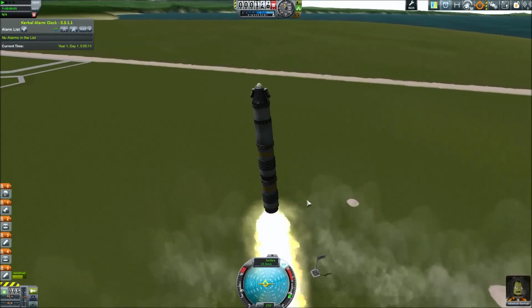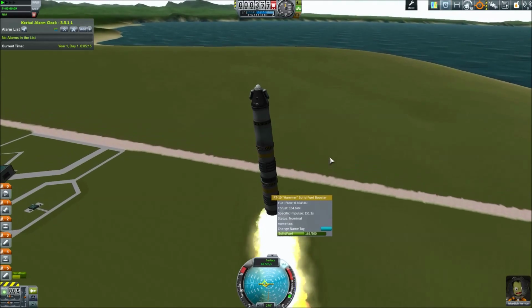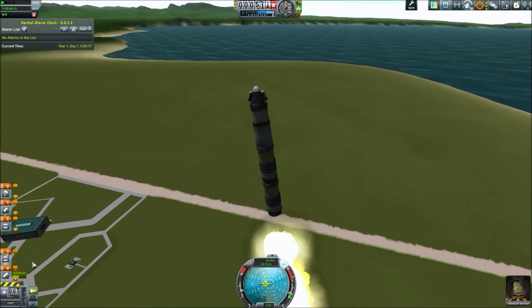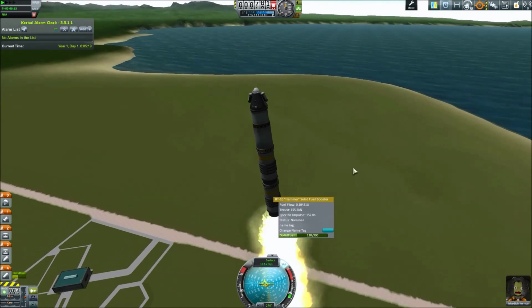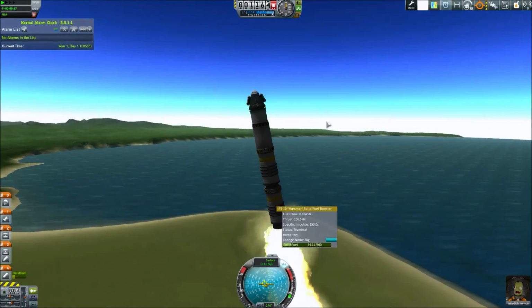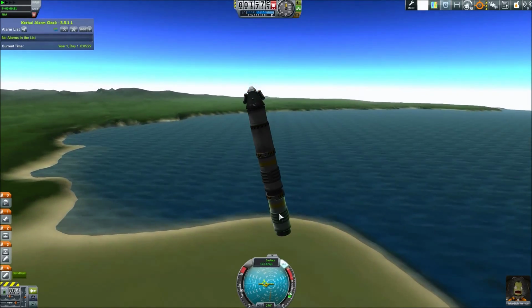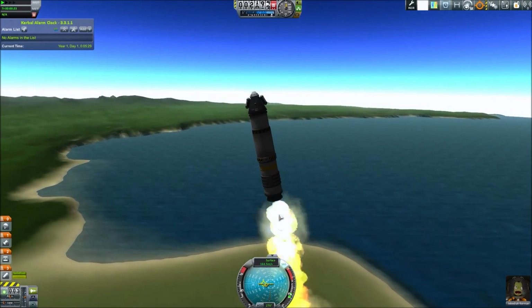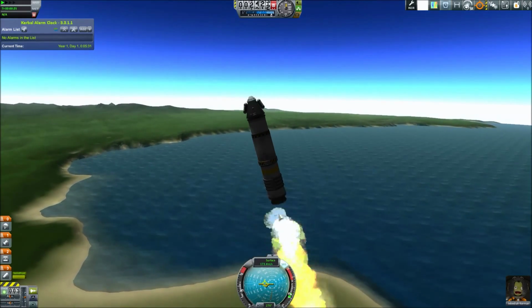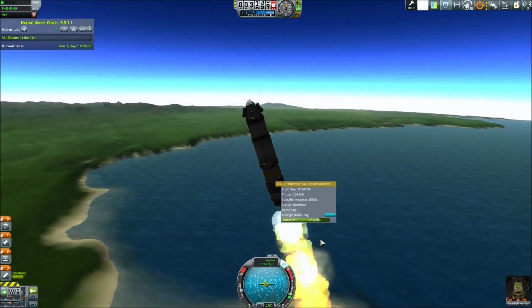Once again, starting to work through the solid booster. This one actually went surprisingly quicker than I expected. But I guess it does have to support all of this other weight, this entire upper stage and other booster. So that's almost gone. And immediately, again, firing the next solid booster, which is going down marginally slower because it has less